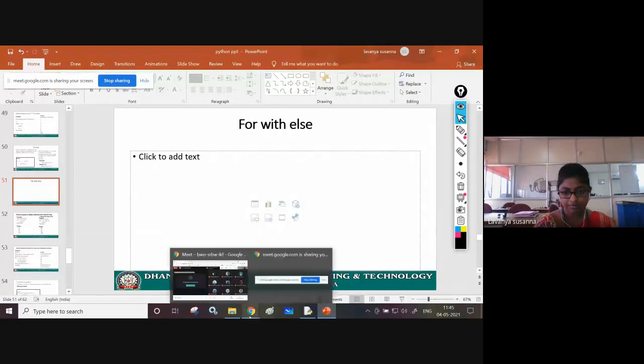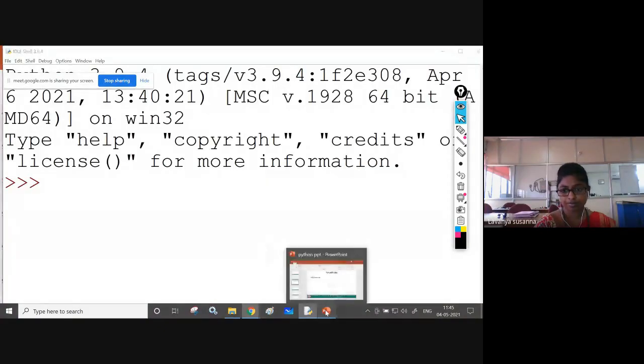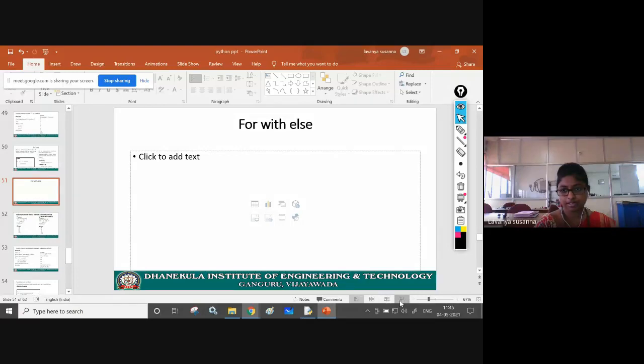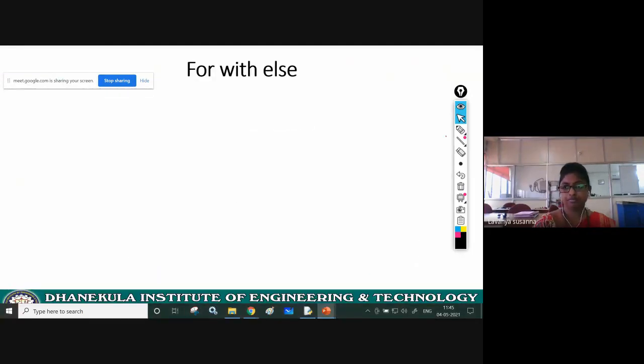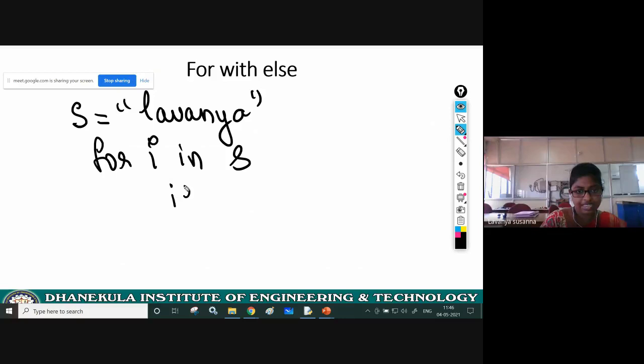Okay, now let us see when the else block will not get executed. I will explain. See here, s equal to Lavanya, for I in S. Now see, I am using if I equal to Y. If I equal to Y, I am using break.